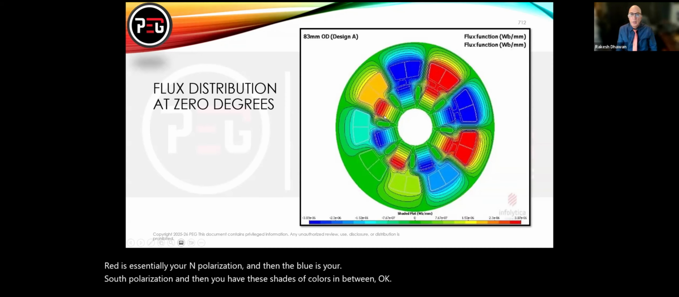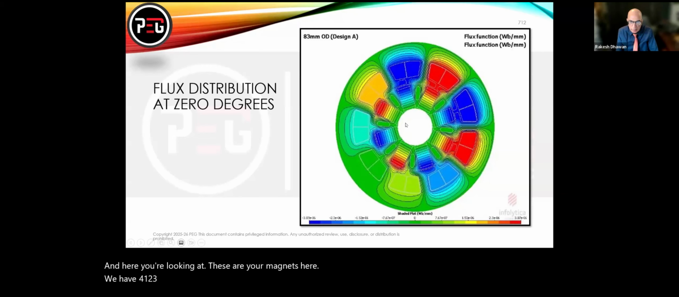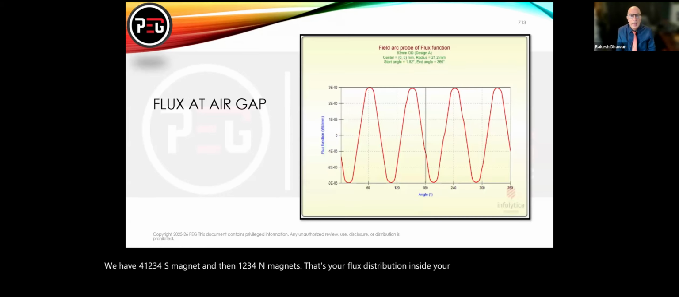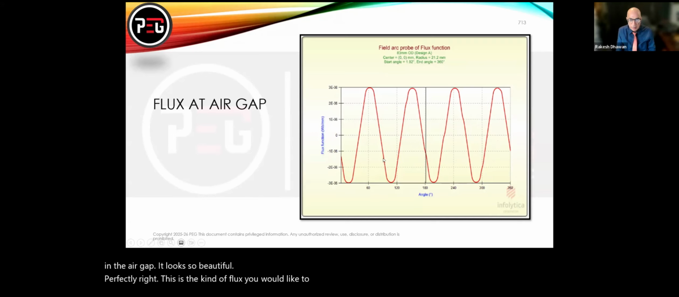Okay, and here you're looking at, these are your magnets here. Yeah, 1, 2, 3, 4 south magnets, and then 1, 2, 3, 4 north magnets. That's your flux distribution inside your motor. And here is your flux of the air gap, which looks so beautiful, perfect, right? This is the kind of flux you would like to see, where it's perfectly sinusoidal, and you got 4 peaks